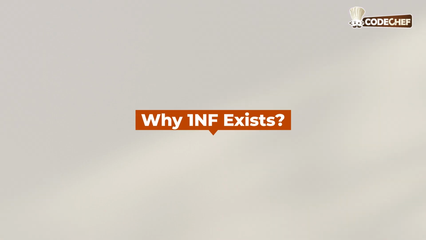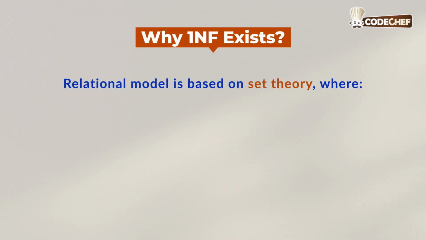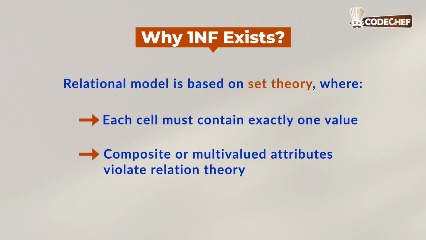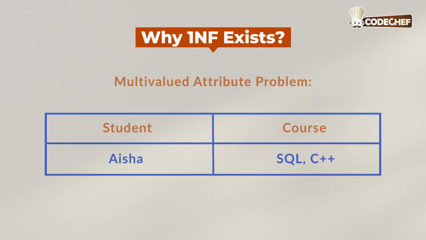Now why does 1NF exist? The relational model is based on set theory, where each cell must contain exactly one value, that is an atomic value, and composite or multi-valued attributes violate relational theory. So let us practically see what problem is being solved by 1NF. Here we have a table which has a multi-valued attribute problem. For column student, we have entry Aisha. For column course, we have